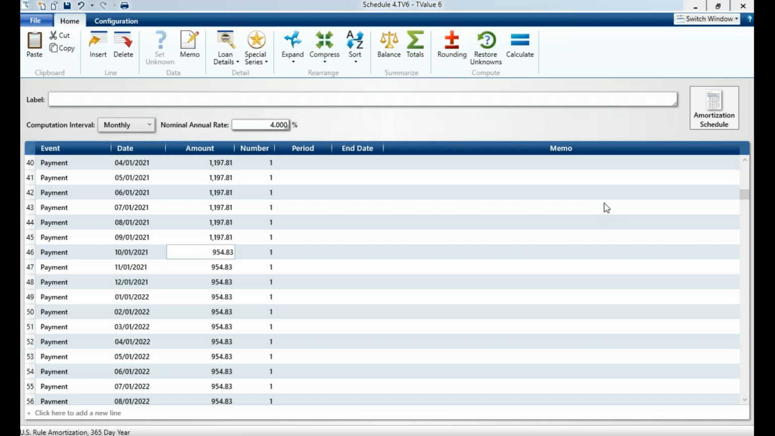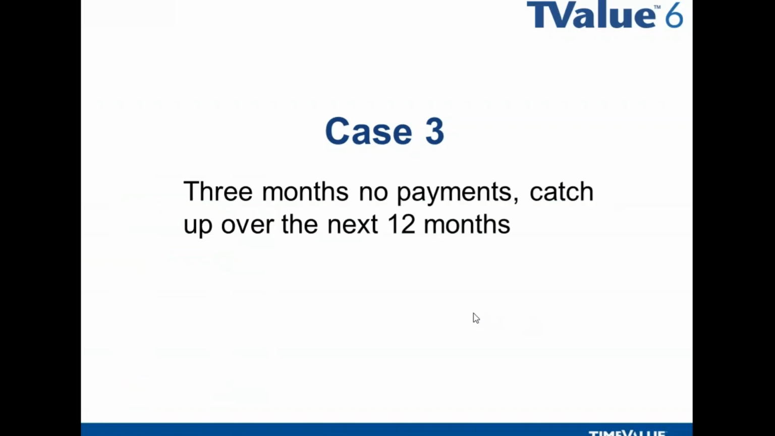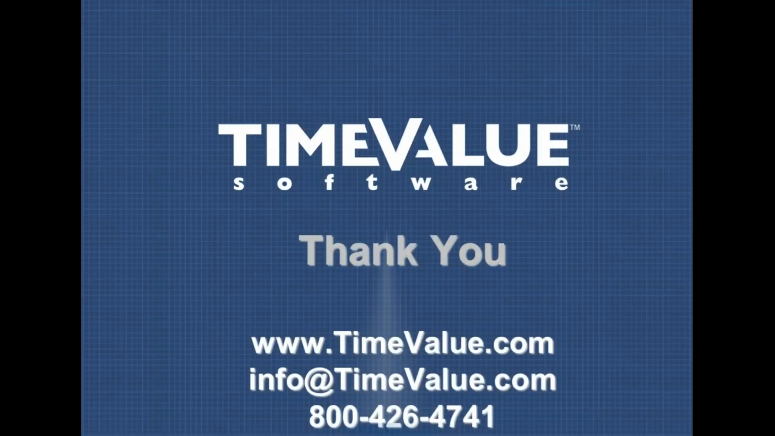So hopefully we've given you a different feel for different types of structuring you can do with TValue for these forbearance agreements. If you ever need any help, feel free to give us a call,